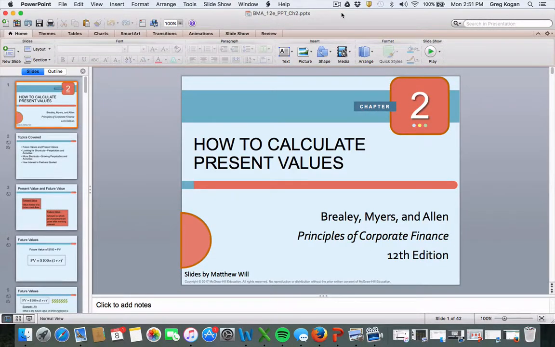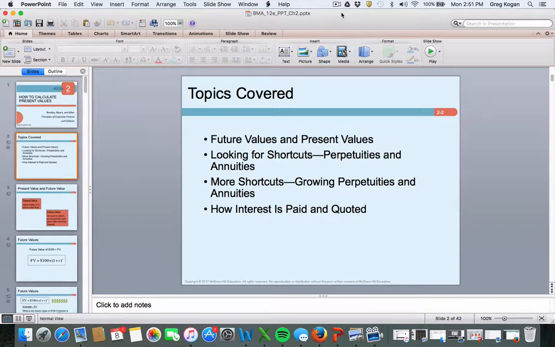Chapter 2 is how to calculate present values. And the whole idea behind calculating present values is that we're trying to check and see what is something that we're going to get in the future worth today. And if you think about it, of course, something like, if I give you $100 in a year from now,